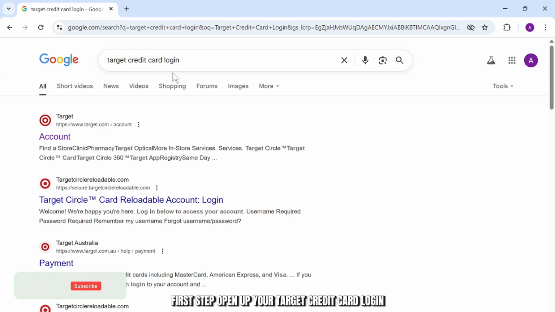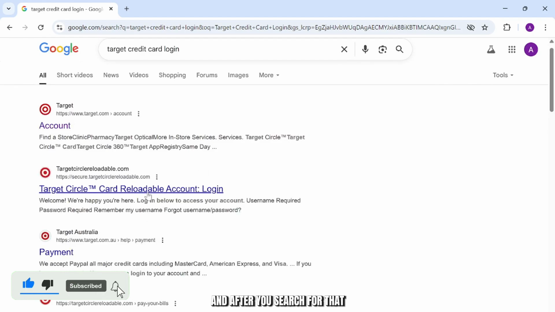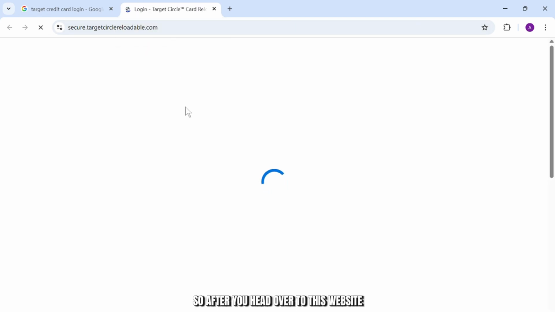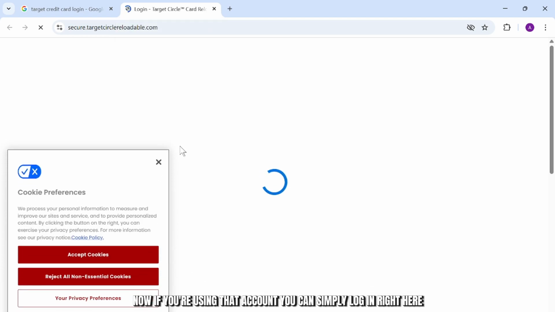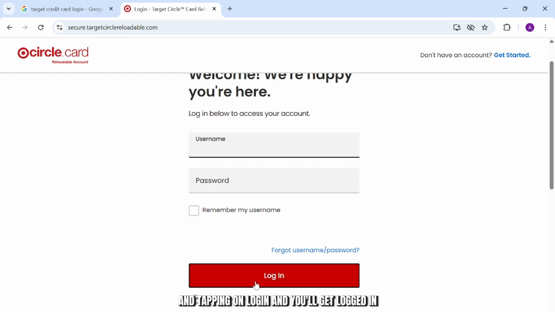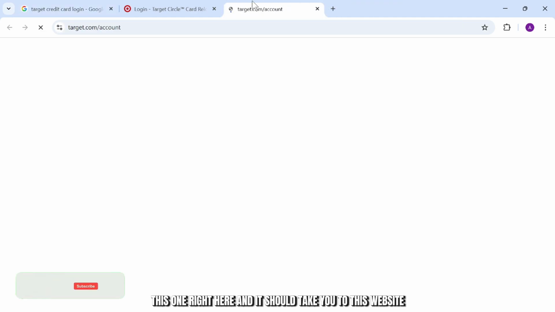First step, open up your Target credit card login. Search for that, and after you search for that, head over to this Target Circle card reloadable account. After you head over to this website, you will find yourself on a reloadable card login section. Now, if you're using that account, you can simply log in right here. You can log in by typing in your username and then your password and tapping on login, and you'll get logged in. If you're using other account, tap on this account option on Target, this one right here, and